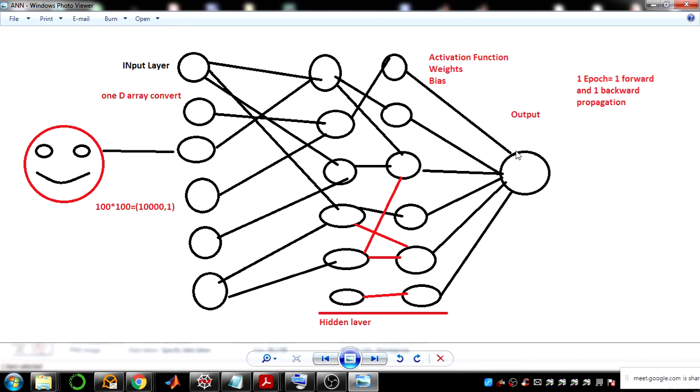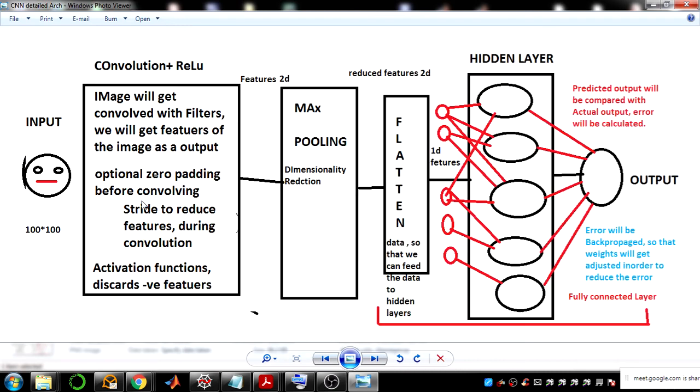Okay, the problem with the neural network is the number of neurons required and the processing time will be very high. So you have to look at how many neurons are required, 10,000, so it is going to be a time consuming task. And if larger images and more complicated images are there, they cannot learn better. So for that purpose, convolution neural networks have been built.